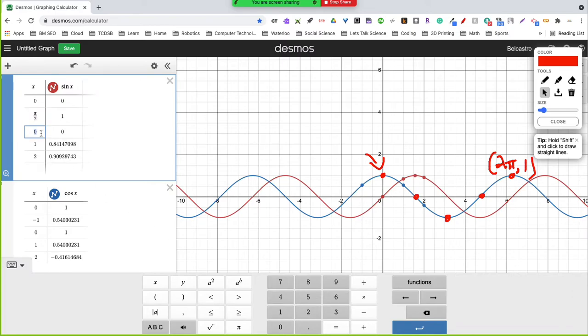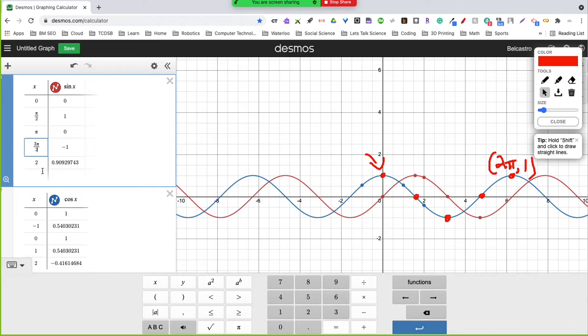So you'll notice they give us some very distinct values, which is what we're going to need to memorize. And this one's going to be 2 pi. Okay, so these are the 5 major coordinates for your sine wave,